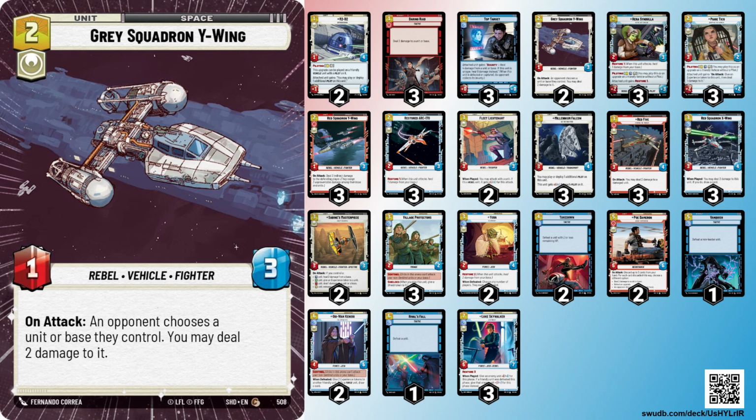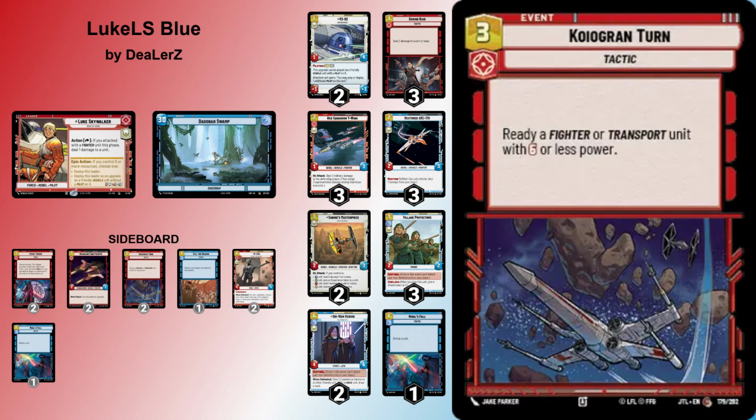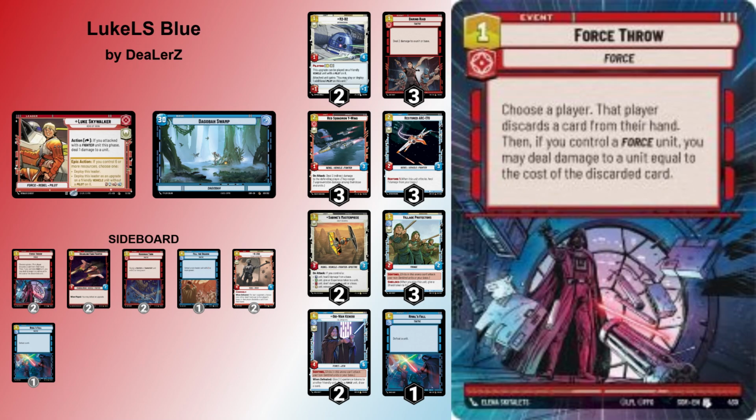And then you're pinging them and setting up your knockouts with your red 5s and your Daring Raids and your Red Squadrons and all that kind of stuff. Even your Poe Dameron is another alternative to do that. We do have the K-turn in here in the sideboard, a couple of Force Throws for that. We do have some force synergy